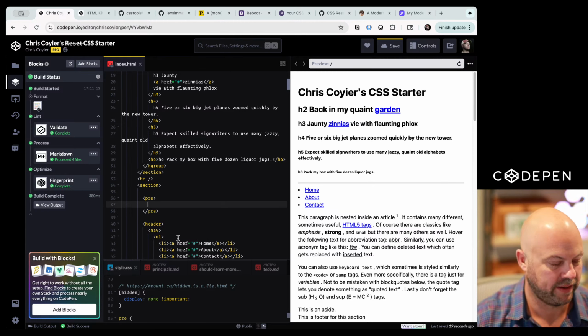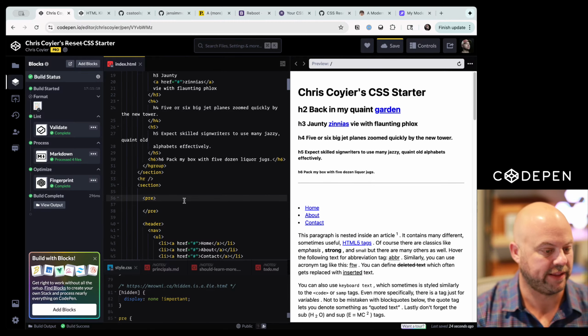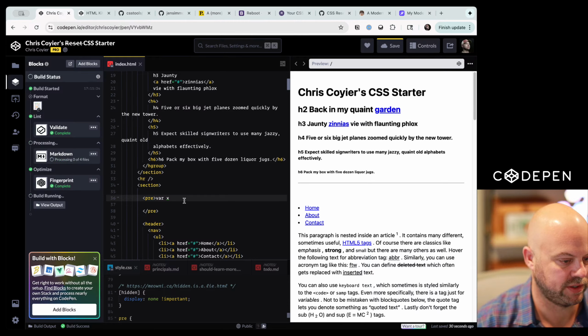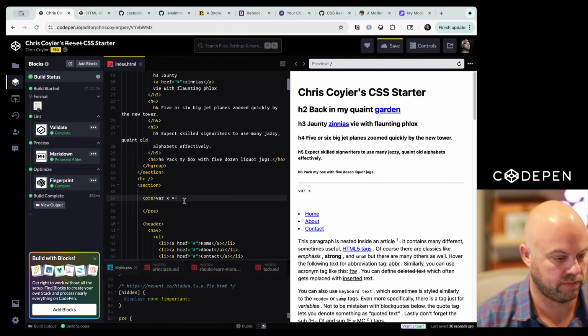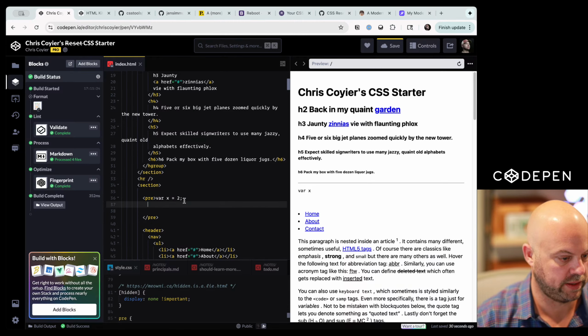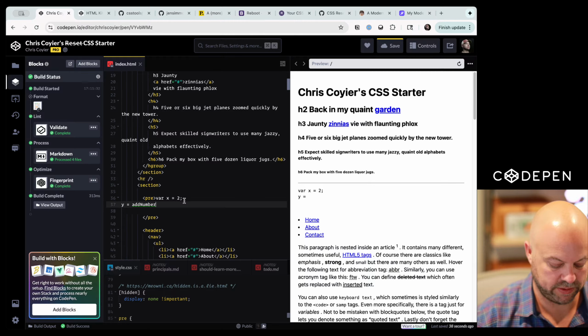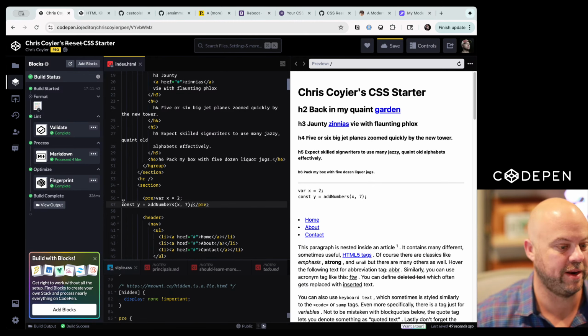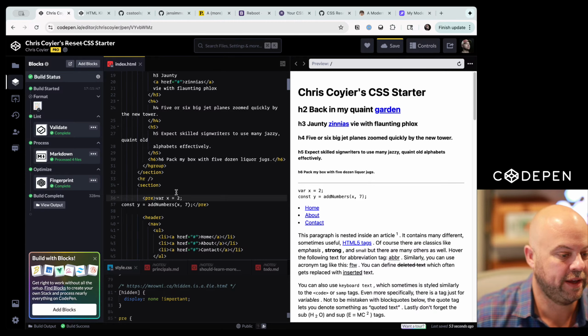Pre. And I don't mind the fact that you ever do this where you have to be like, I don't know, we're just going to write some JavaScript. X equals 2, and then Y equals, I don't know, add numbers X and 7 or something. I'm the worst at writing fake JavaScript. I always do this when I write pre tags, isn't it a little bit tempting to write it